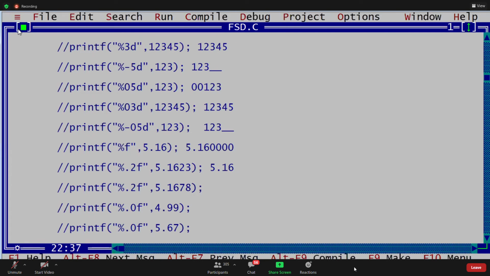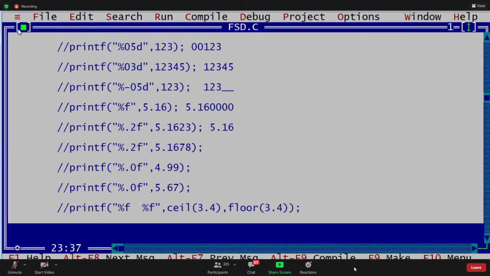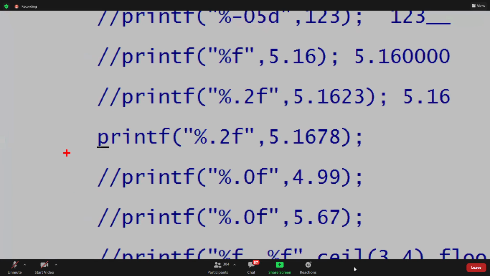Yeah, next one, guys. 5.17. Very good. Rounding off. Why? See, guys. Already I have written 5.1623 here. The third digit is 2.